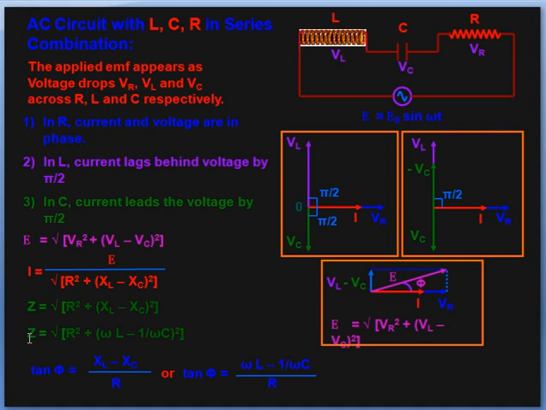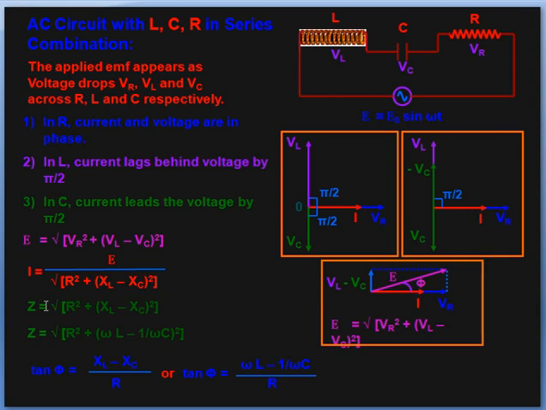So from here we will get E upon I equal to root of R square plus (XL minus XC) whole square. And E upon I is what? Opposition to current. V upon I, according to Ohm's law, is opposition to current. In case of LCR series circuit, the opposition to current is root of R square plus (XL minus XC) whole square. Here in this case XL is greater than XC. It may be XC minus XL, but in that situation XC will be greater than XL.